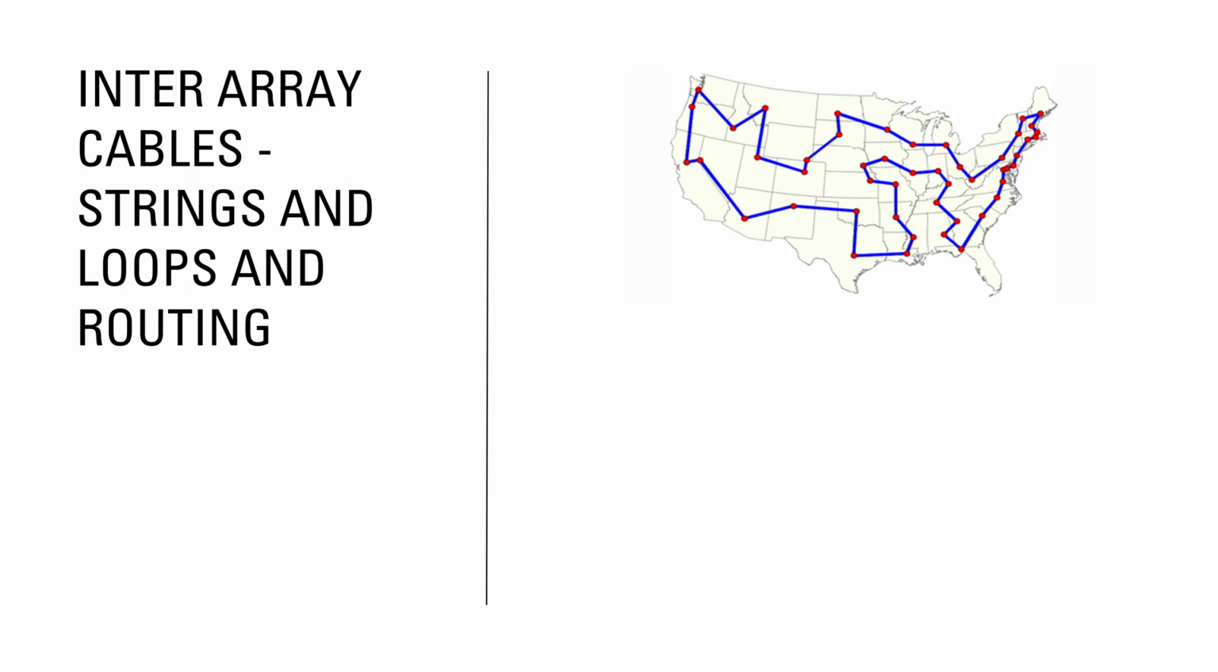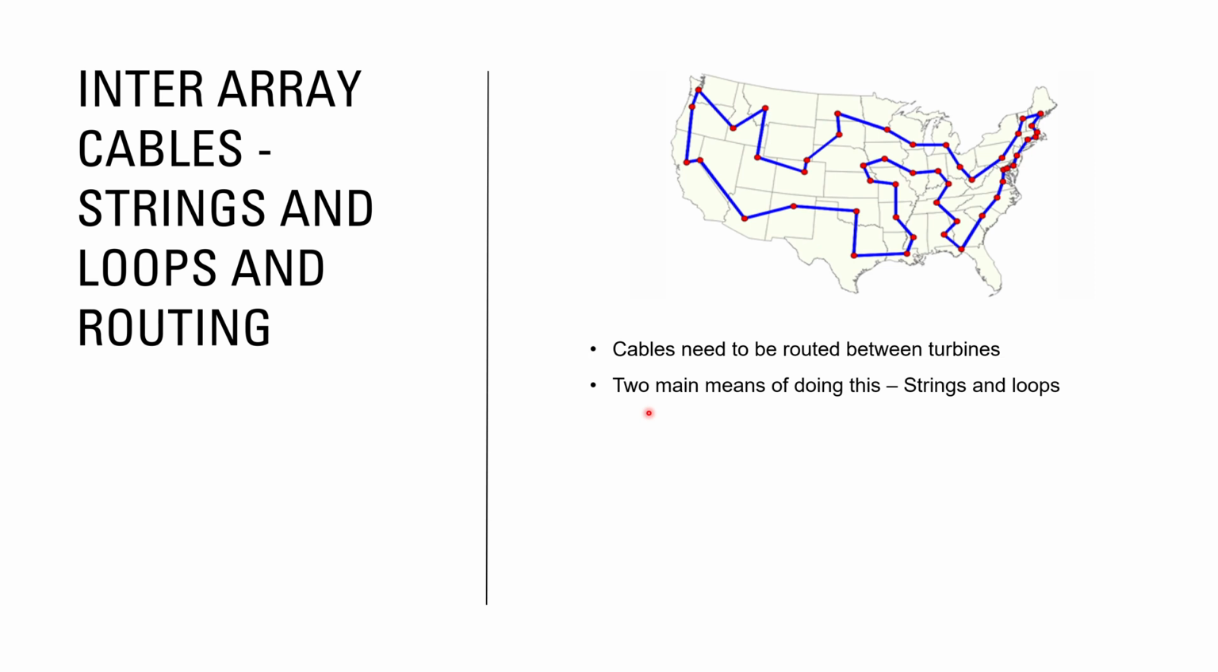The inter-array cable topology can typically be of two kinds, because the cables need to be routed between the turbines and the OSS, and how they do that is dependent on the requirements of the farm and the pockets of the investor. There's two main ways of doing it, which are strings and loops. So a string is the cheapest, lowest cost option, and what a string is, if I have my offshore substation, behold the amazingness of my drawing, you will have an inter-array cable coming out of it,